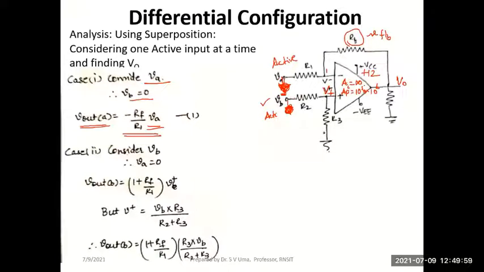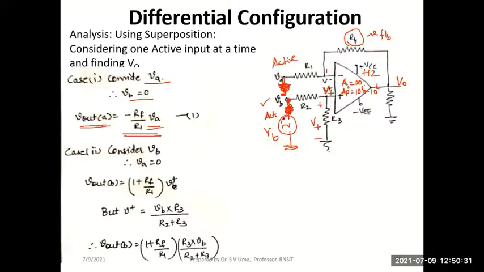I have a voltage divider network consisting of two resistors R2 and R3, and VB is the signal which is connected. So this is VB, let me say. It is connected across R2 and R3, and I'm interested in finding the voltage across R3. That is your V plus. Whatever is shown as V plus here, it's the voltage across R3. What would the value be? It would be VB into R3 by R2 plus R3.